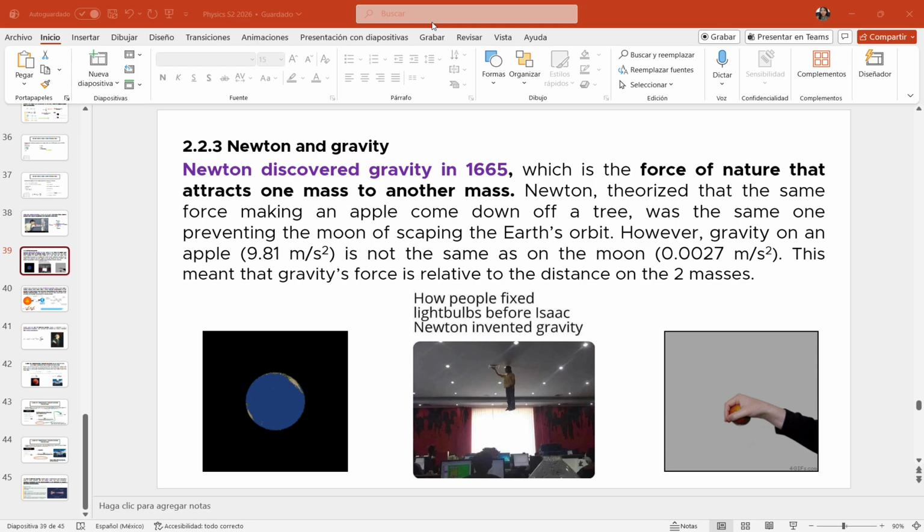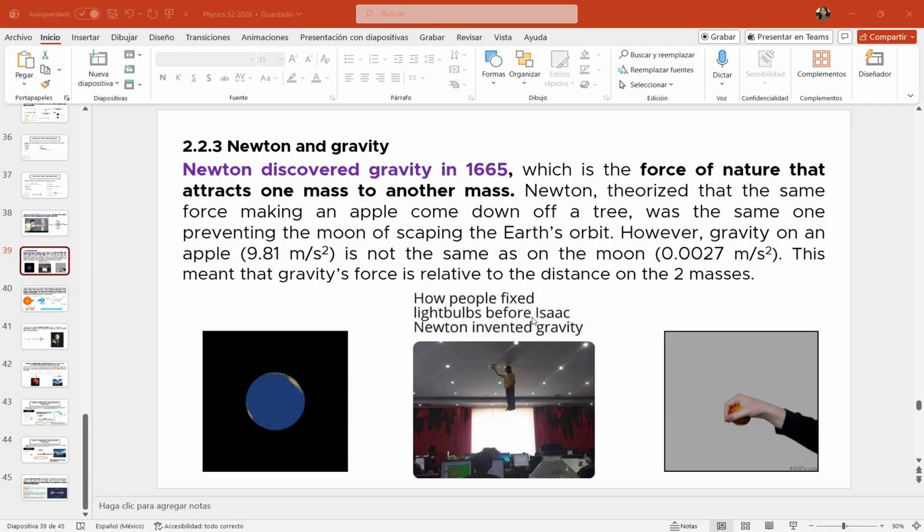Hello, this is the last topic of the science of motion, stage 2, which is the law of universal gravitation. It is important to note that Newton discovered gravity in